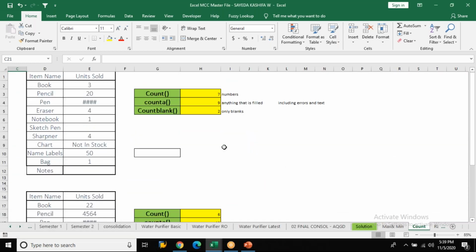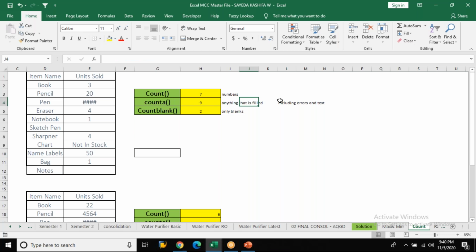The COUNT function is also very important to understand. What is this COUNT function? It will only calculate numbers. It will not count text, errors, or blank cells. For that, COUNTA will do. What does COUNTA do?